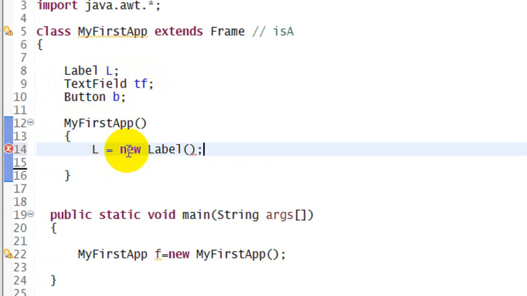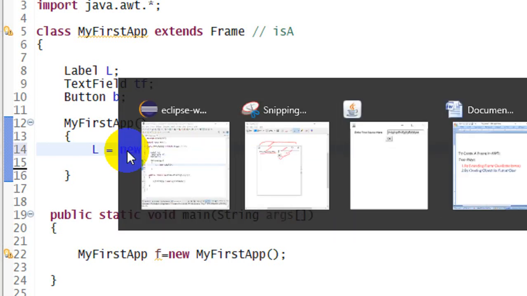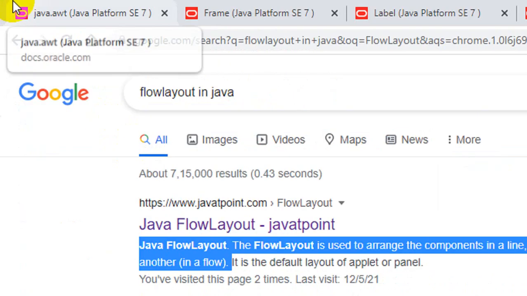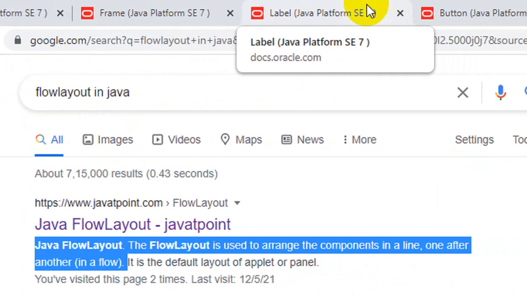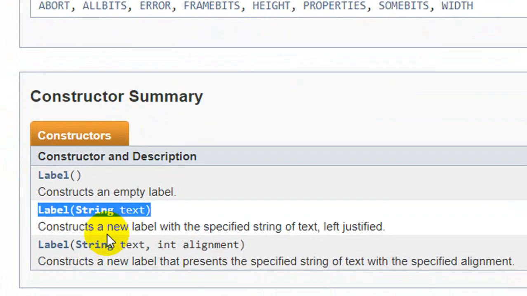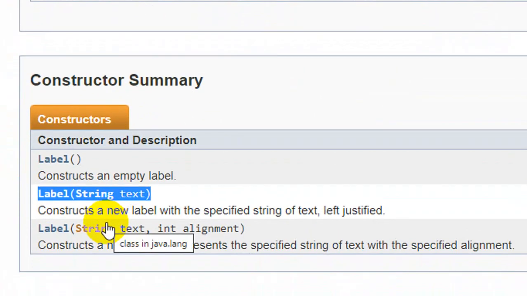While creating a label, you must know the constructor of the Label class, because if you know the constructor, you can easily create a label. So here I will show you the Label class constructor. I got it from the Oracle website.